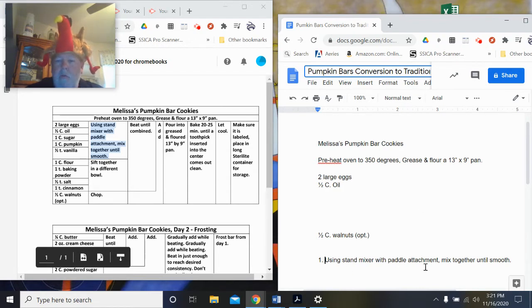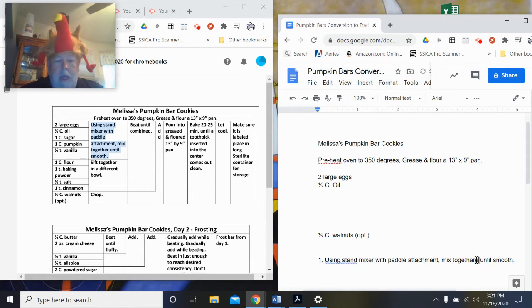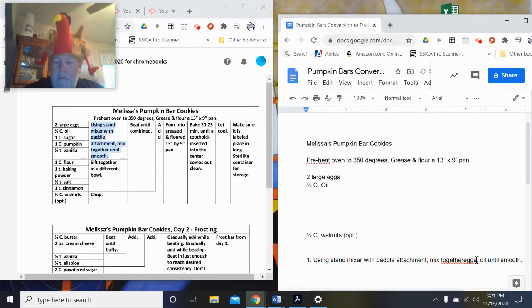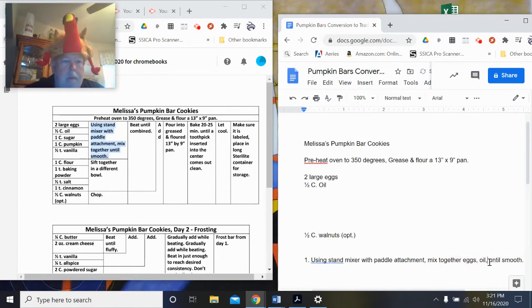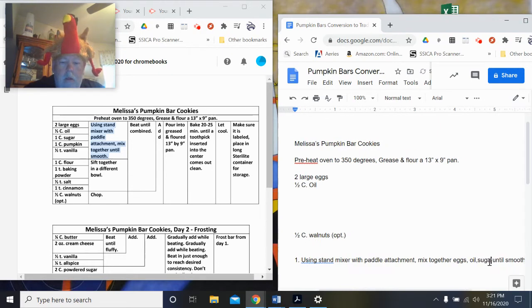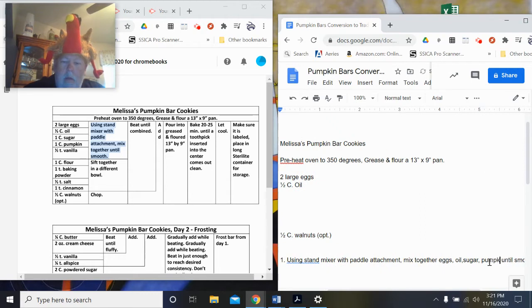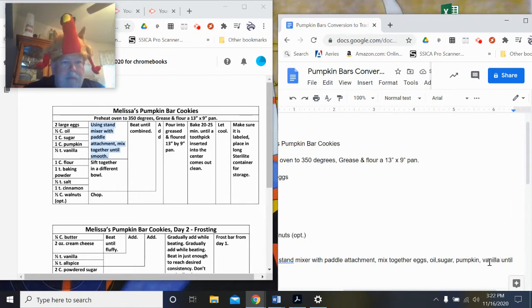So using a stand mixer with a paddle attachment, mix together eggs, oil, sugar, pumpkin, vanilla